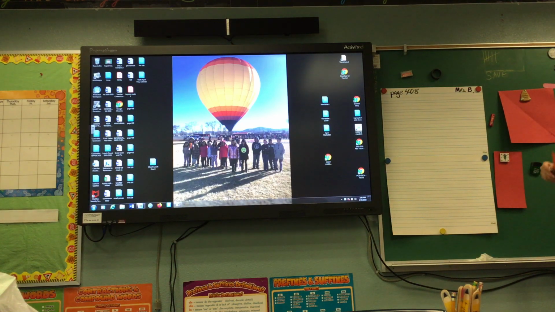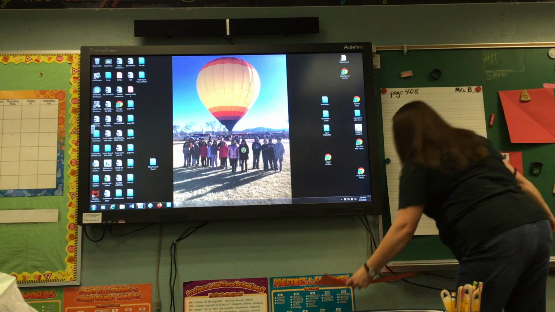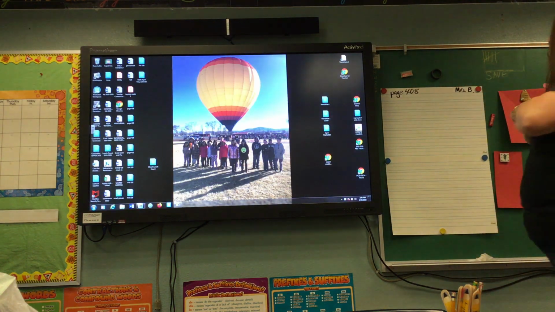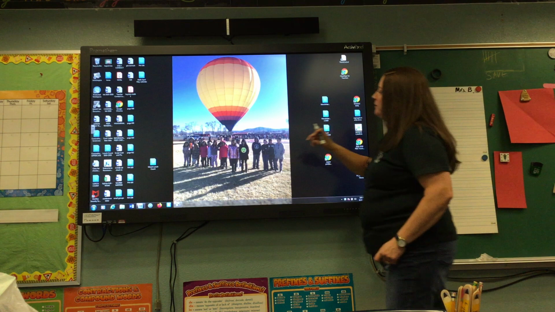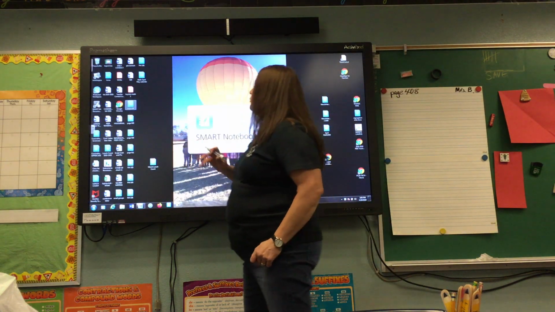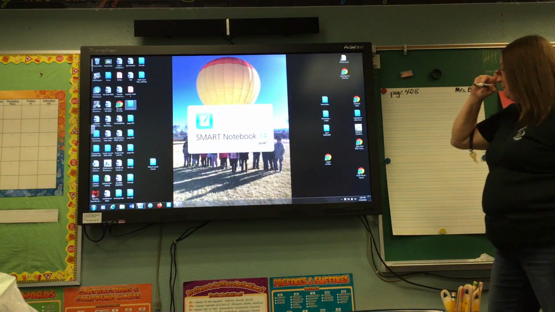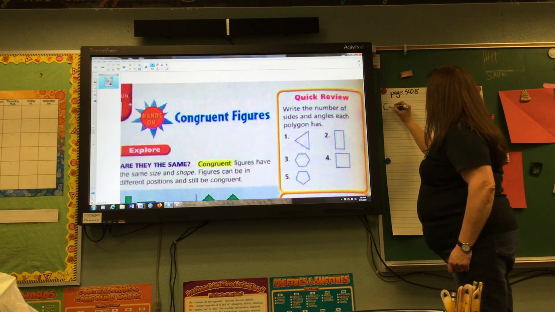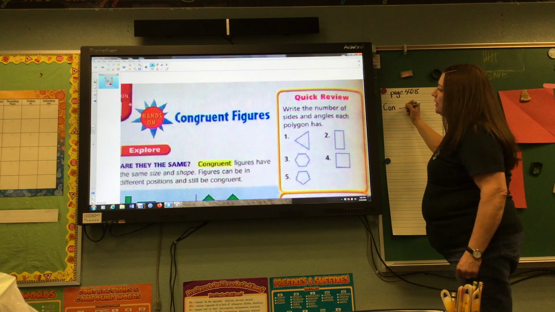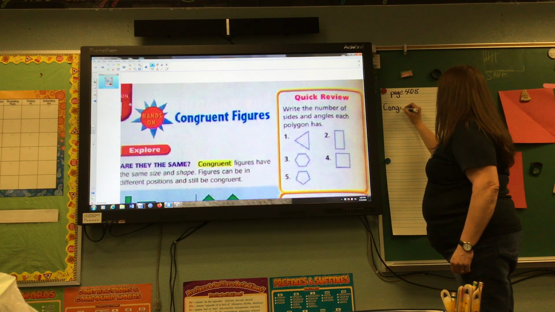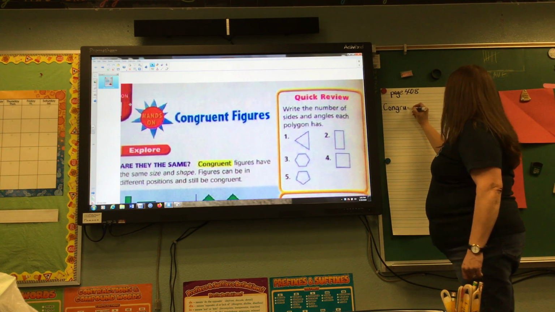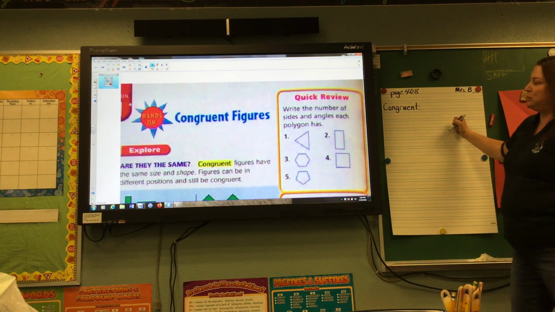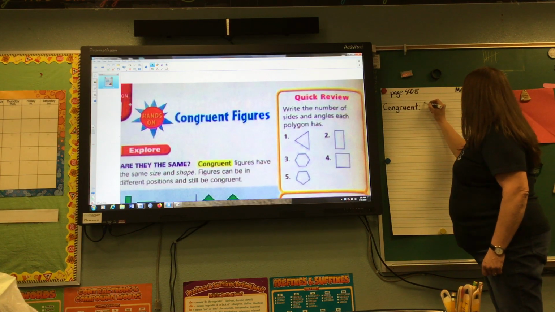Now, before we get any farther, I would like to write that down on our page so that we don't forget. All right, let me get back up here. Start with our word congruent. I'm going to go ahead and bring page 408 back up so we can look at that word again. Congruent, and I'm going to go ahead and write it up here on my paper. Congruent. C-O-N-G-R-U-E-N-T. Congruent. Congruent shapes are the same